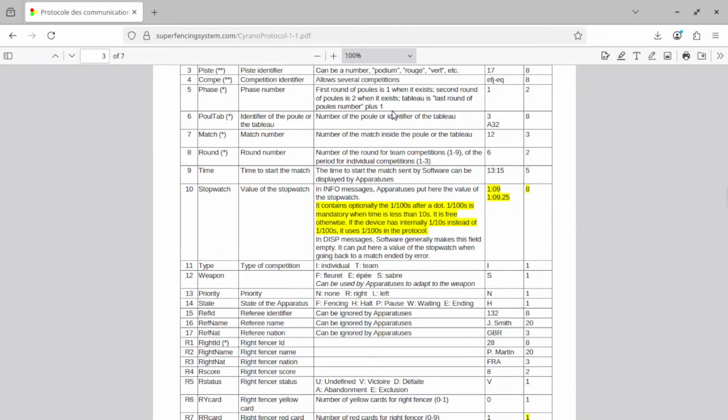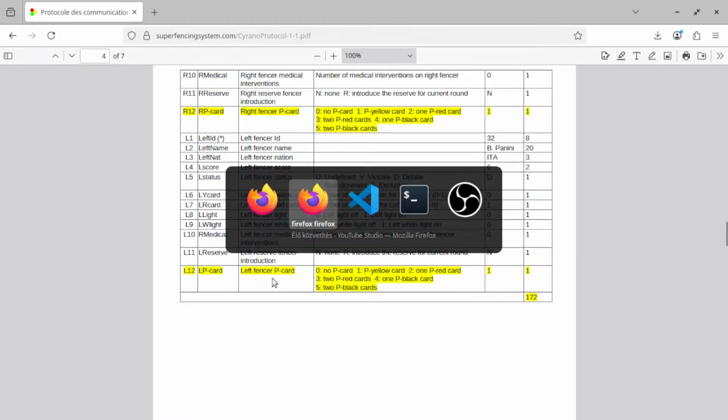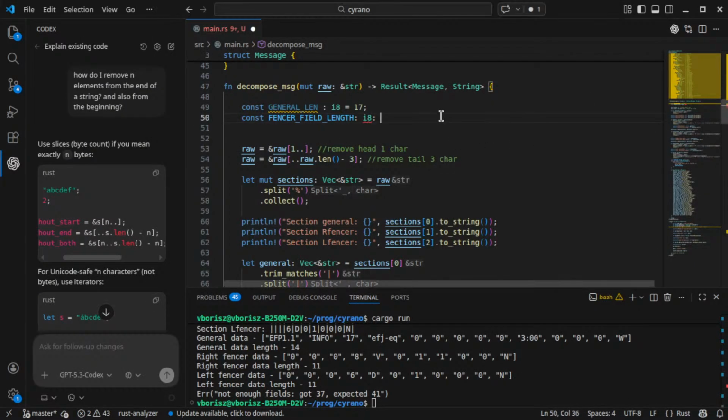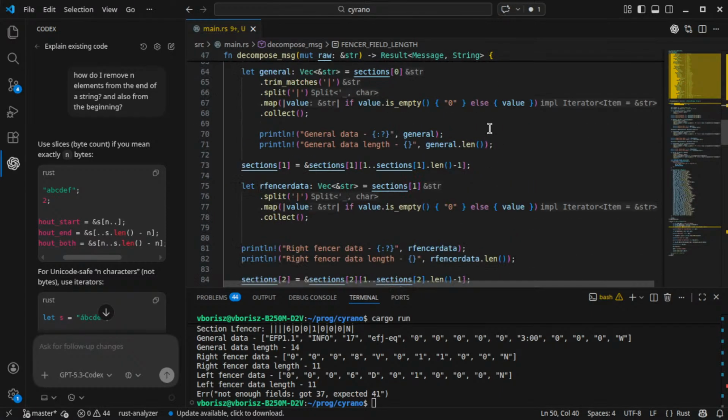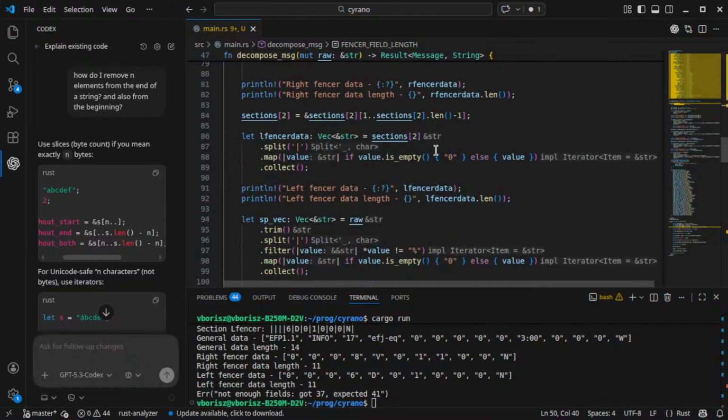That should be 12 for each fencers. Yeah, okay. Yep, and right now